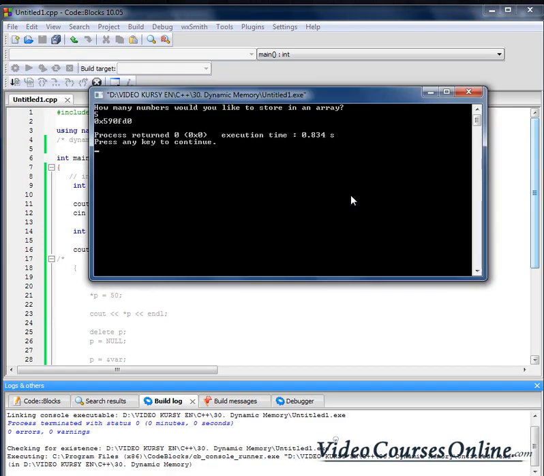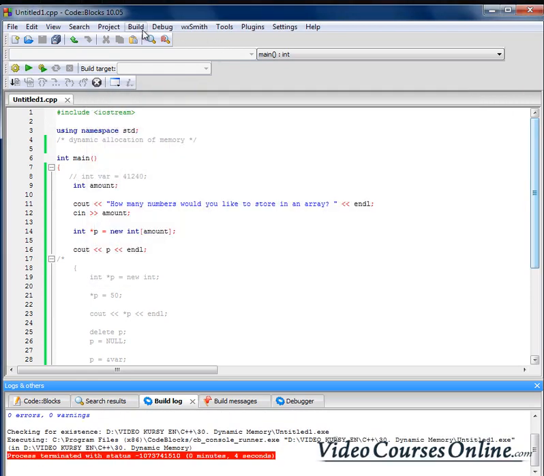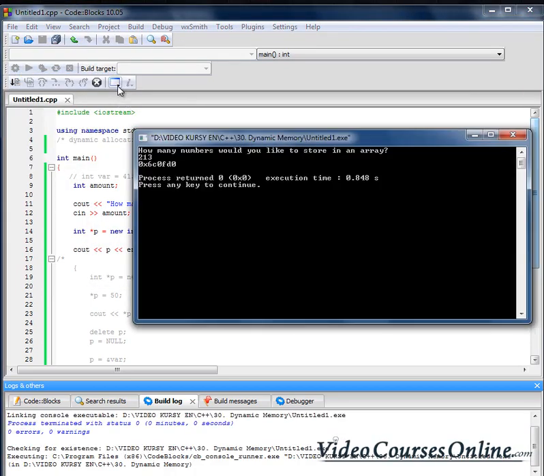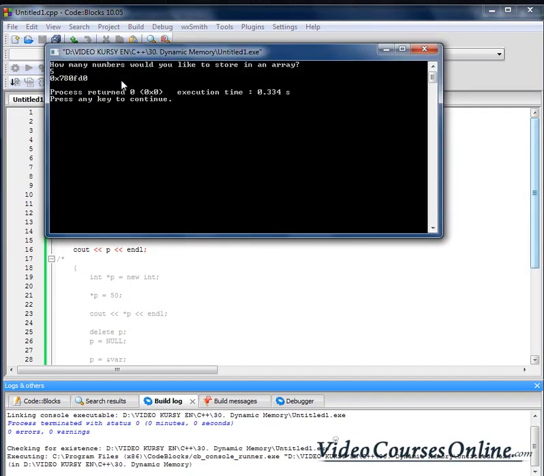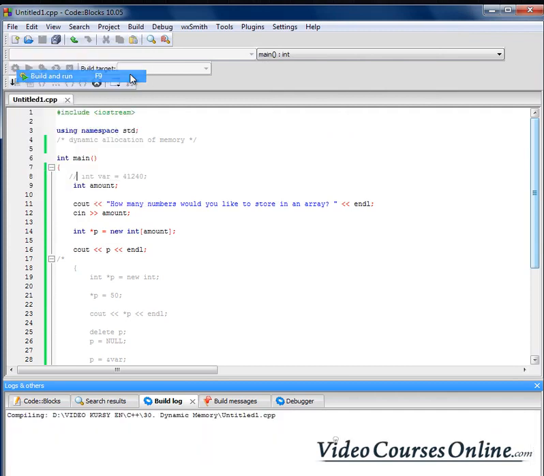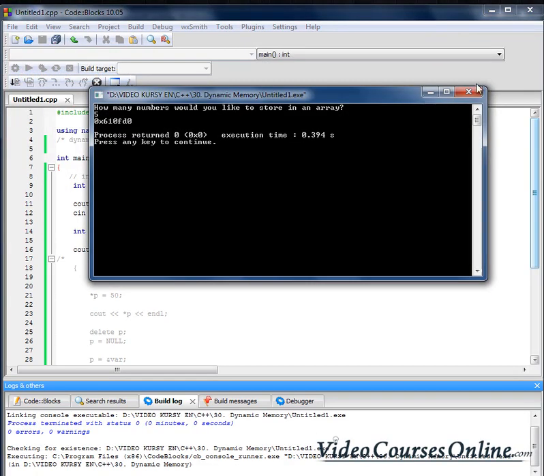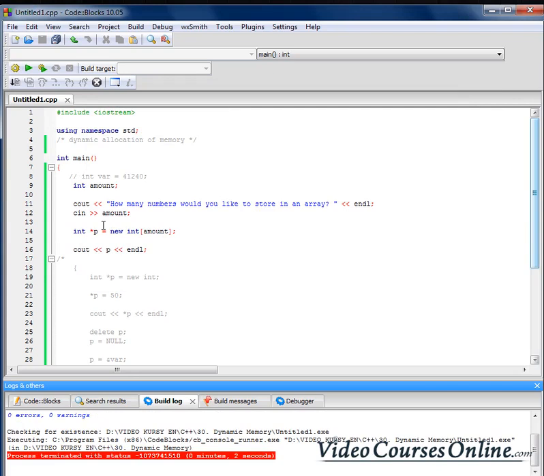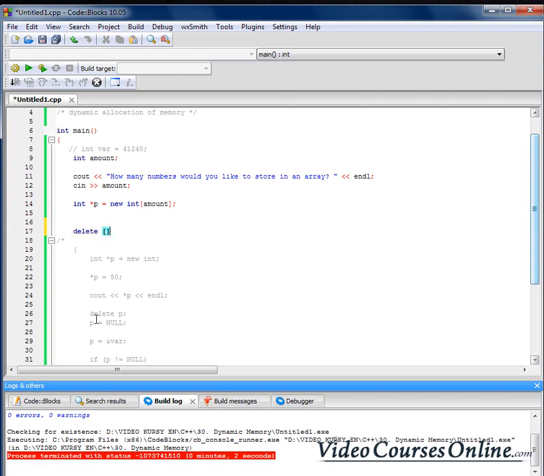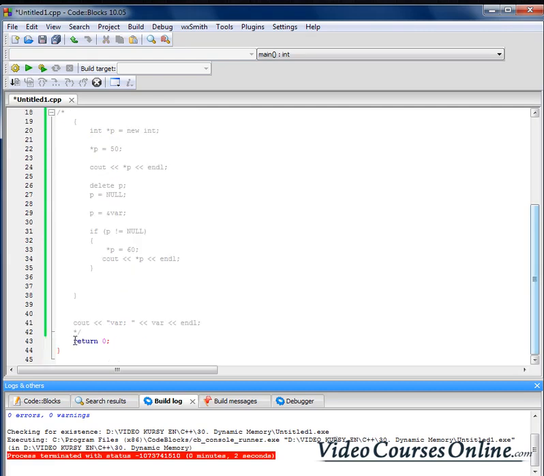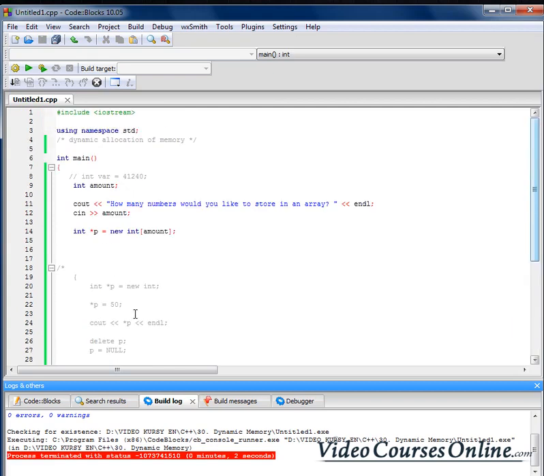So for example 5, as you can see, here we have an address that is stored. As you can see, the addresses are different, right? They are different every time. Okay. So let's also remember that I have to delete the space that is reserved by that pointer